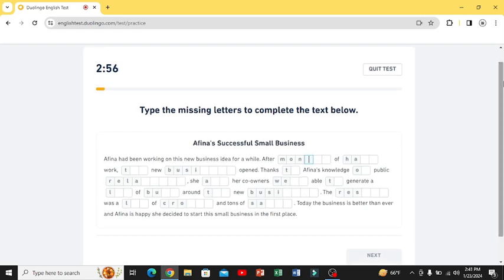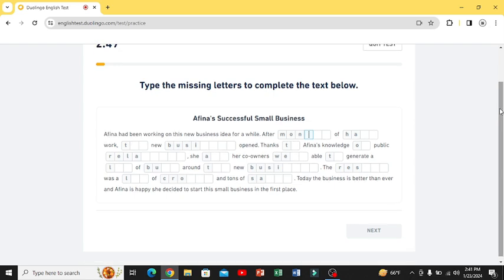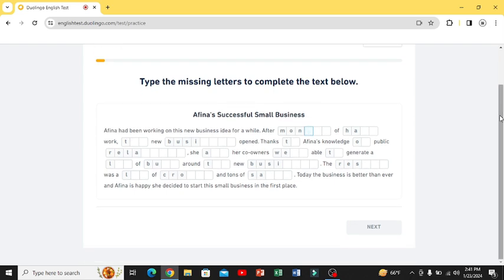Then the next question is this: type the missing letter to complete the text below. Afina's successful small business. Afina had been working on this new business idea for a while. After months of having worked, the new business